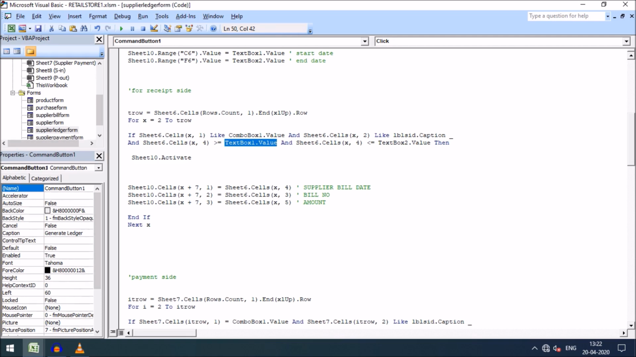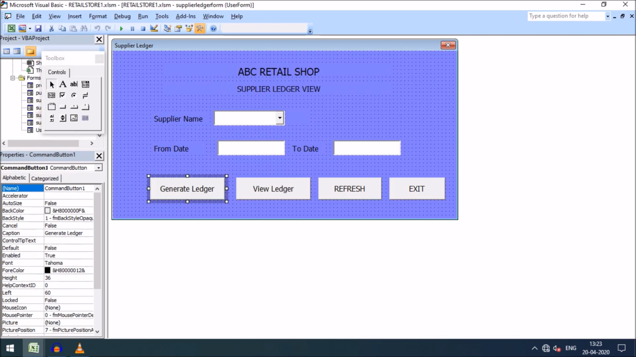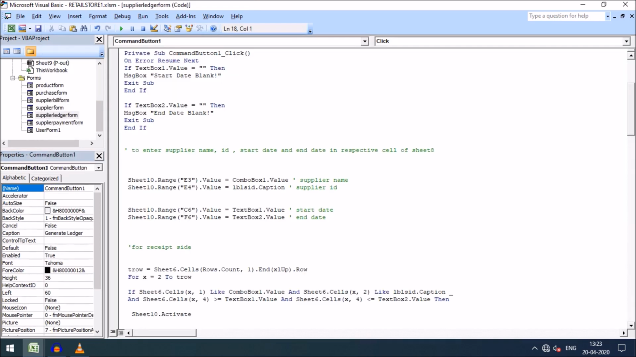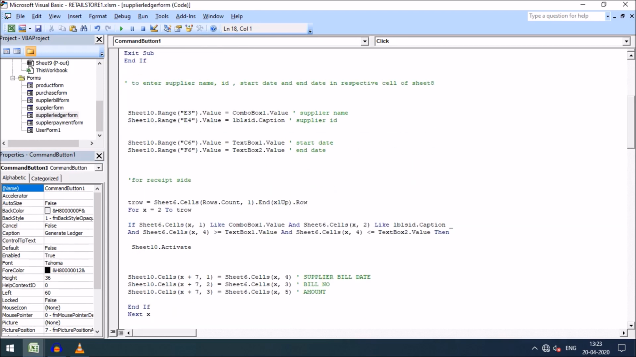Going back, supplier, just going back to the ledger. This is text box 1, and I need to enter the starting date here. If the starting date which I will enter is greater than or equal to the value of this section, and the ending date, that is text box 2, here you can see the to date, if